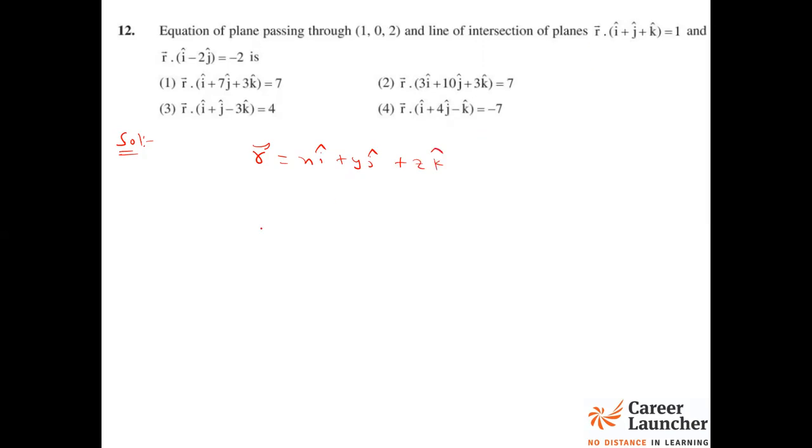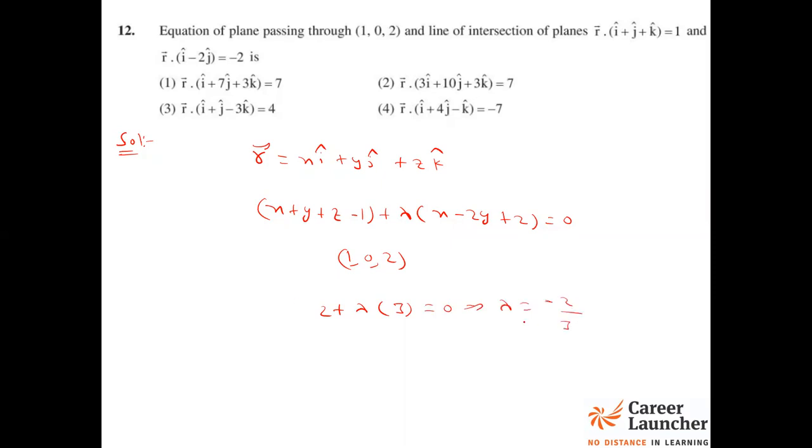Substituting this r bar and simplifying, the first equation becomes x plus y plus z minus 1 plus lambda times, what will the second equation become? x minus 2y, there's no k term, plus 2 is equal to 0. Now this should be passing through what point? This should be passing through the point 1, 0, 2. So this point should satisfy this equation. Substituting this point here, x is 1, y is 0, z is 2. 1 is cancelled. It will become 2 plus lambda times 3 is equal to 0. So we get lambda is equal to minus 2 by 3.